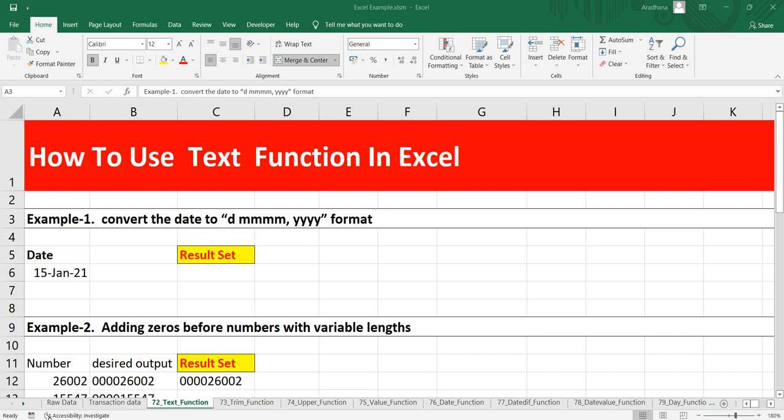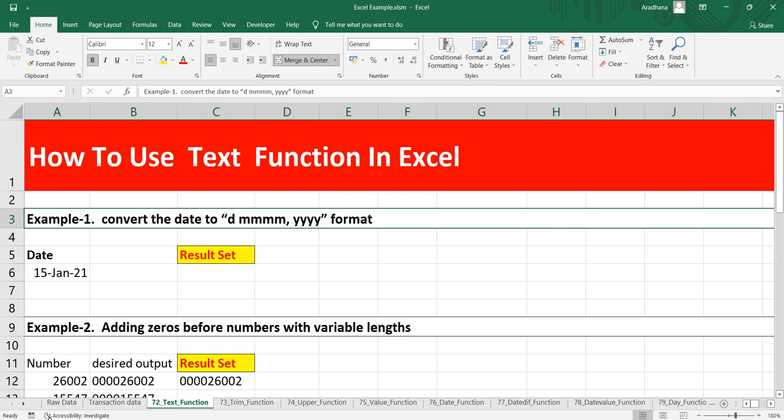In this video we will be looking into 4 examples, where the first example is to convert the date to this particular format. We have a date value here in cell A6, and the desired output is in this particular format, where we get the date and the full month name and then the 4-digit year value separated by a comma.